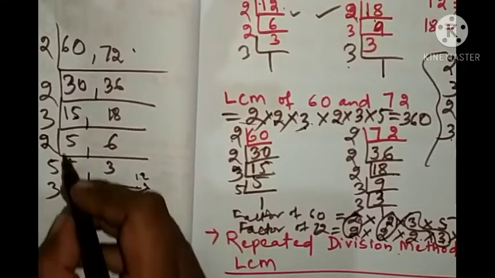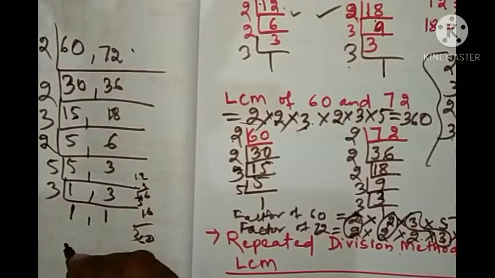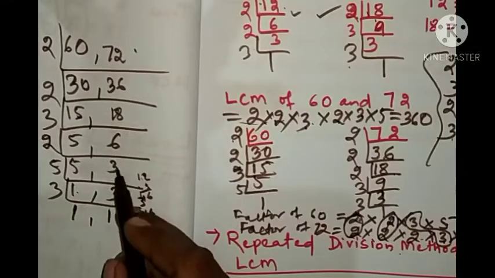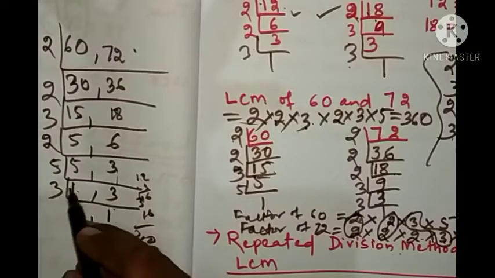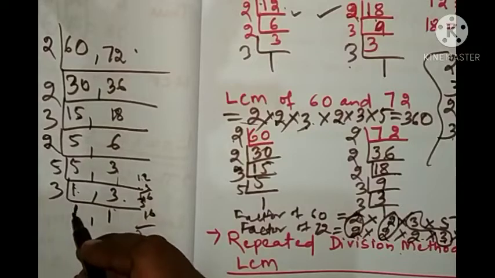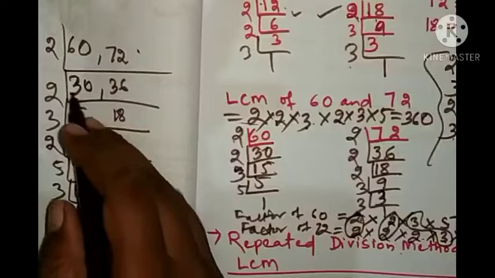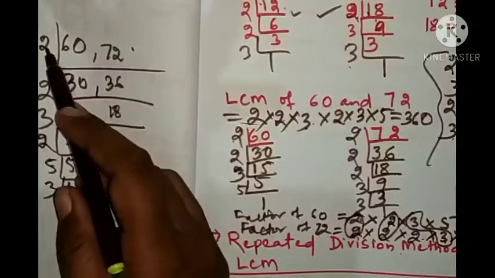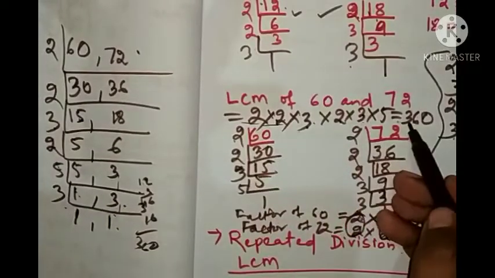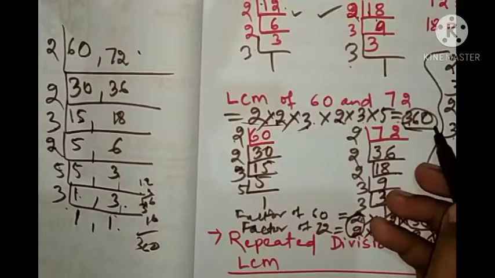Where you cannot divide, where a prime factor will come, you will write down that prime factor continuously, because here you have 5 1s are 5, but here 3 is there, you can write it down. Then here 3 1s are 1 you have written. Here 1 is neither prime nor composite, that's why we will write down 3 1s are 3. Look what we have got, 2 into 2 into 3, 2 into 5 into 3. The same thing we got. When we multiply, what do we get? The LCM, lowest common multiple, is 360.